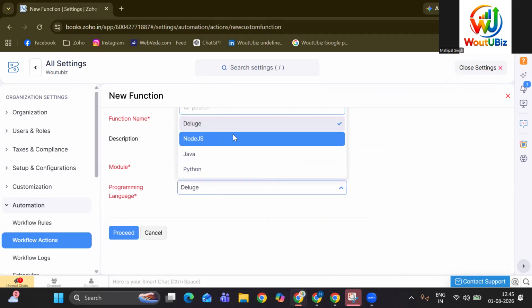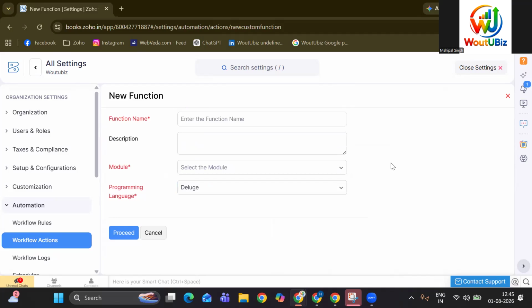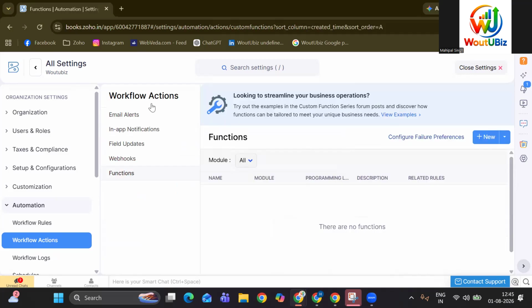Then we have to choose the programming language, like Node.js, Java, or Python, depending on your company's business need. After providing all the details, when you click on proceed, it will be configured automatically.